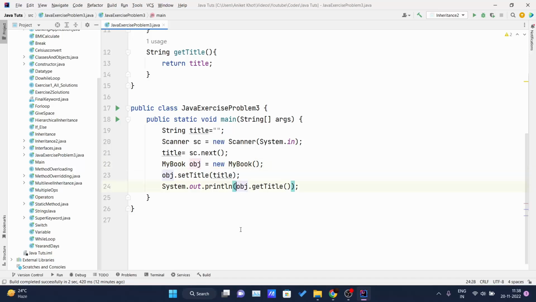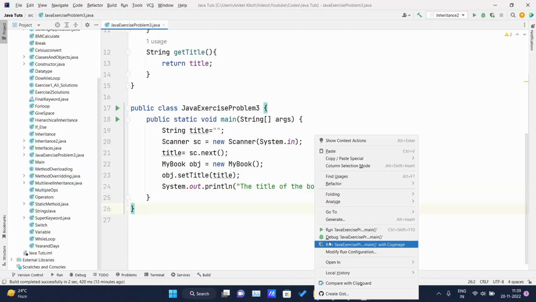Before that I will concatenate it with one string, that is, The title of the book is. Now if I run this,